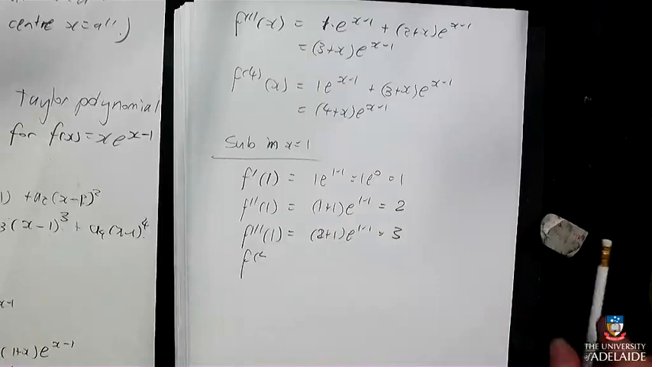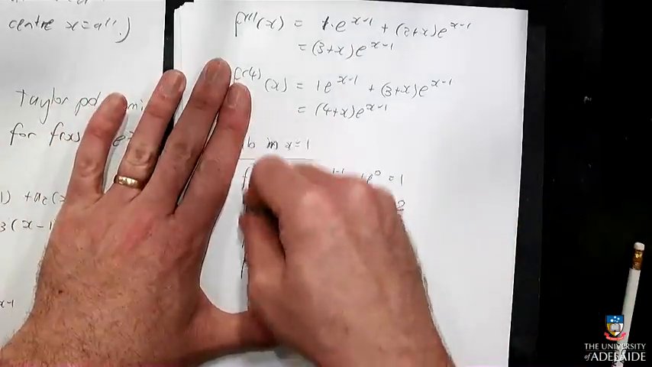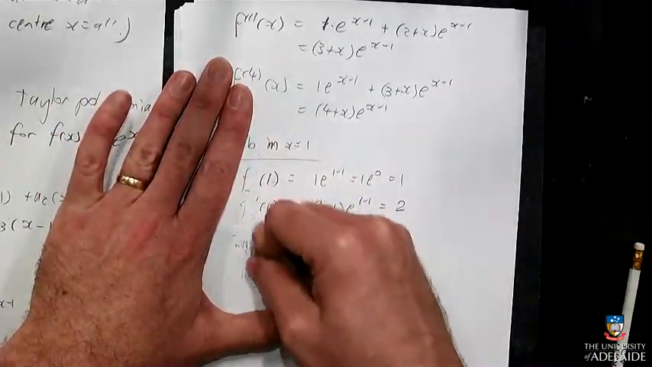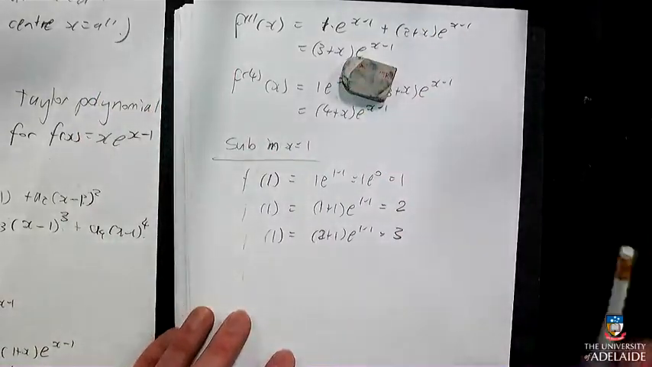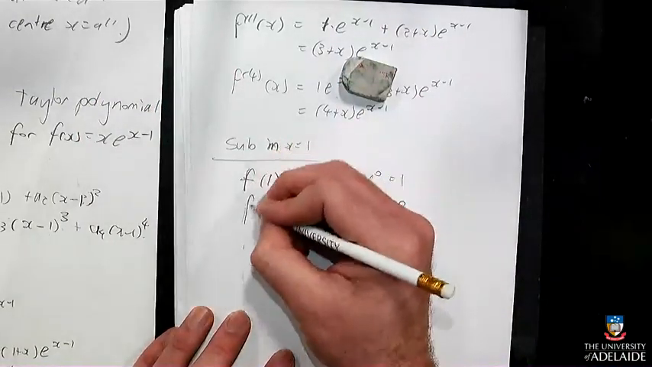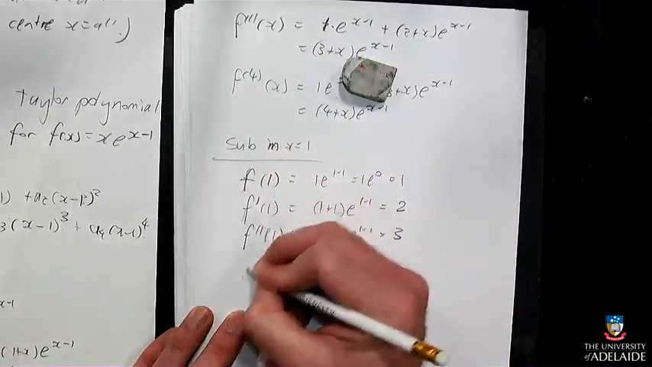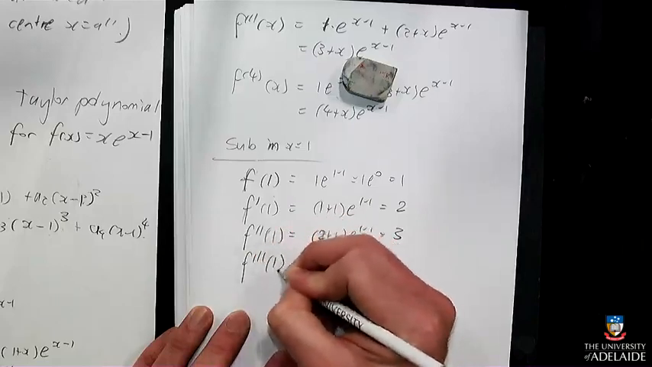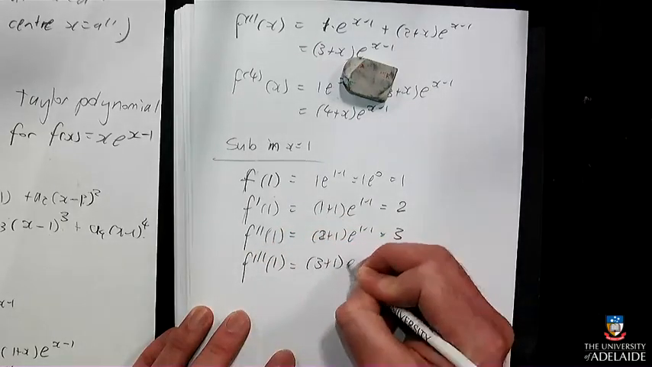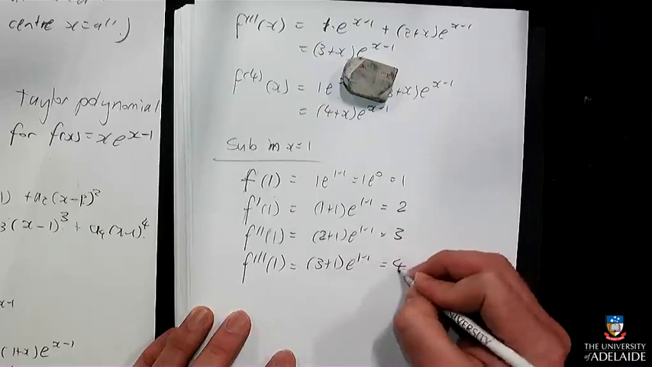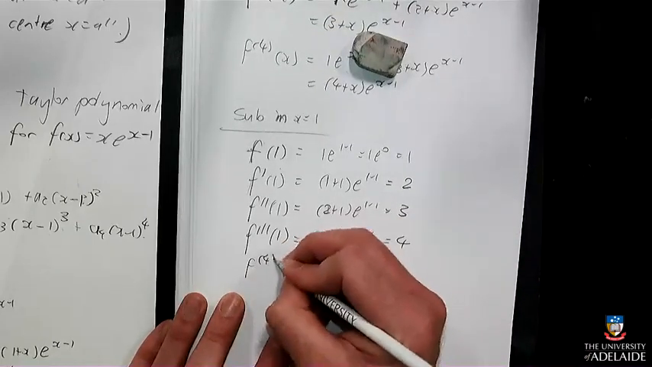Sorry, I'm doing it. This is the original function. That's the first derivative. That's the second derivative. The third derivative is 3 plus 1. And the fourth derivative